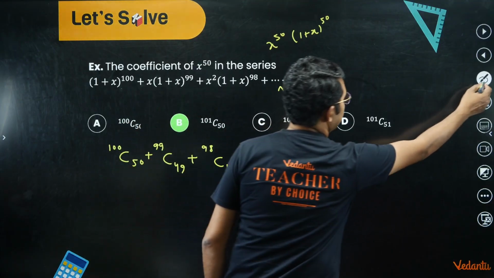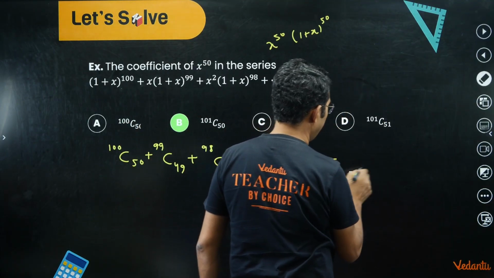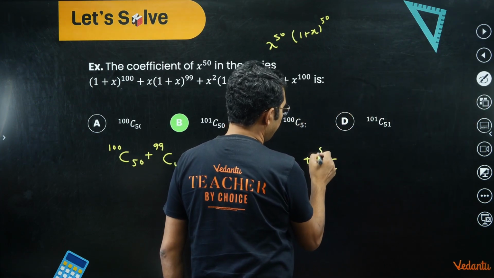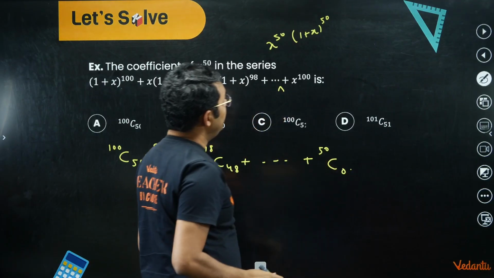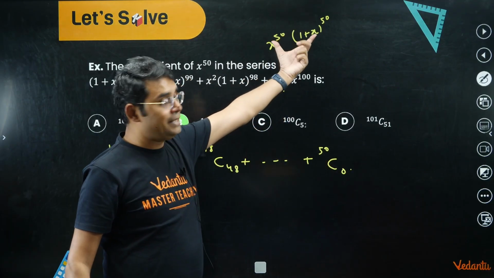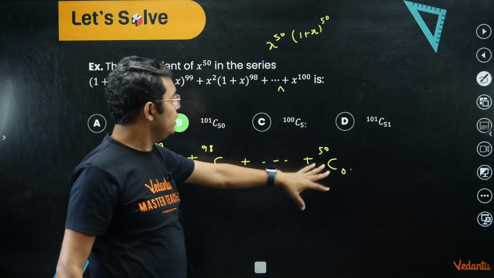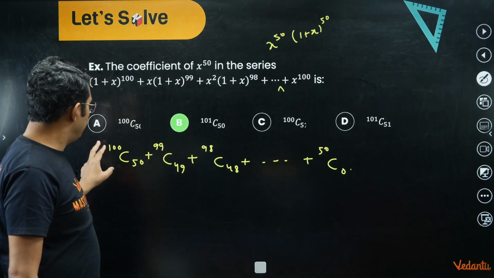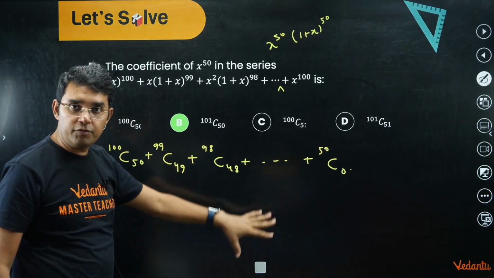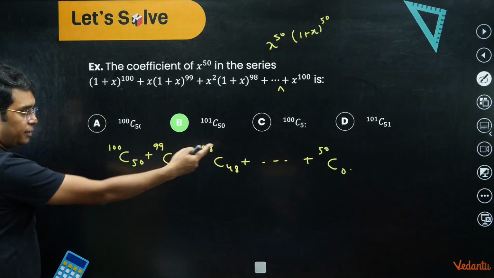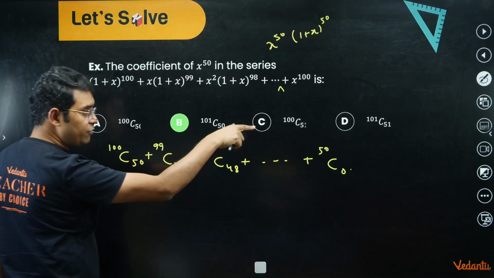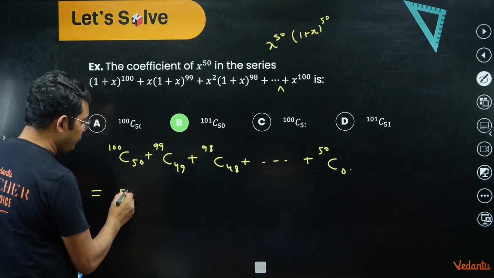Okay. The mistake was that it should not have been 48C48. It should be 50C0, because in this case we will be taking the constant term. So 50C0. Now in all of them you can see the difference is of 50, 50, 50, 50. Okay, let me write the last term first, actually, and I will write this 50C0 as